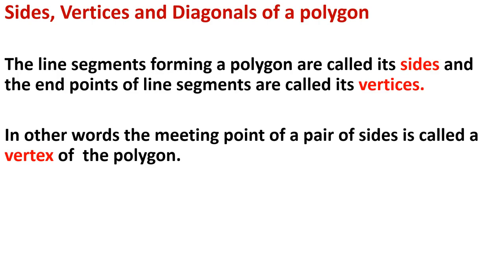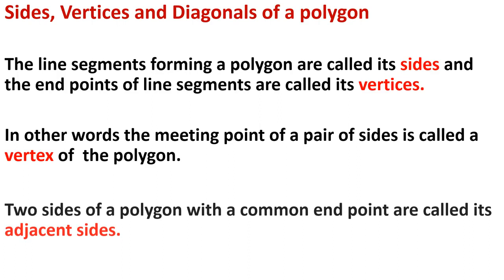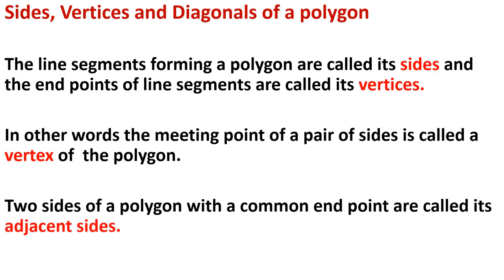Now see the sixth figure. The sixth figure is not made of only line segments. One curve is there, one semicircle is there. So we want a simple closed curve made up entirely of line segments. So this is also not a polygon. So 1, 2, 3 and 4 — these 4 figures are polygons, and the fifth and sixth figures are not polygons.